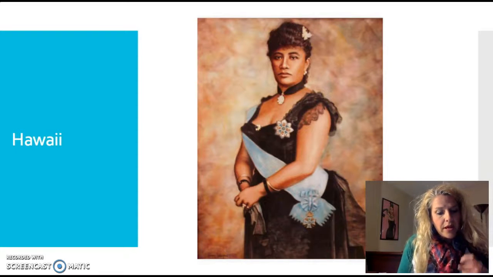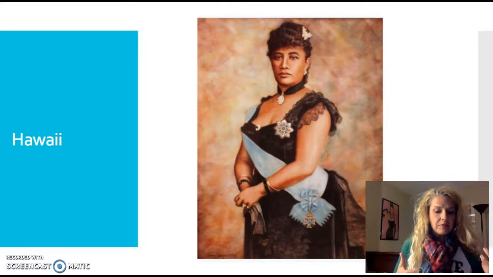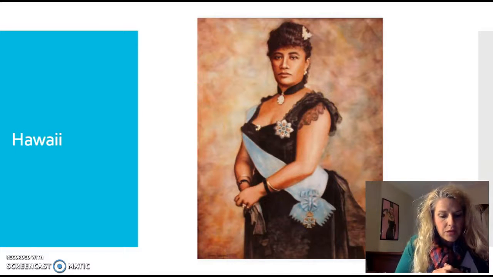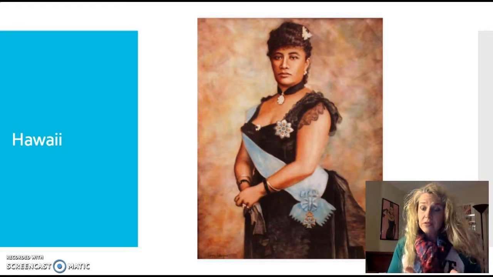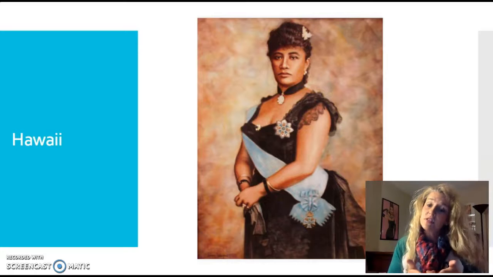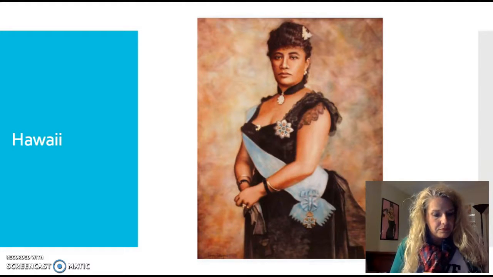Okay, so they wanted to transfer power from the Hawaiian monarchy to the legislature. So they had some different U.S. tariffs. The queen, her name was Liliuokalani. Here she is pictured. She refused. And if you don't agree with the U.S., many times in history, they'll just take you over. So it's pretty much a lose-lose situation. And you become a puppet.